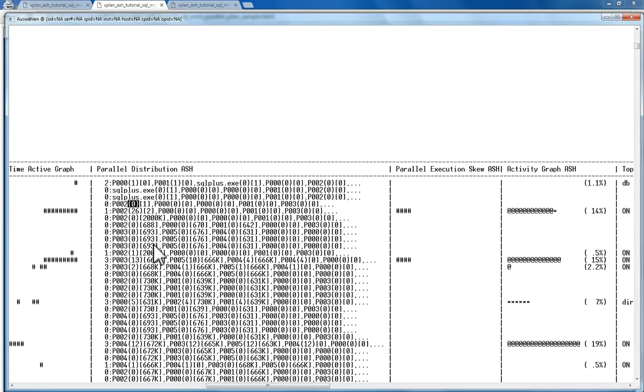Yeah, so that information, as I said, since this is based on active session history, this kind of information will always be shown. Again, this is usually quite helpful on its own, because it gives you an idea about the work distribution. So if you have a problem with the work distribution, then not only the row counts are revealing, but also the activity pattern that you get from the active session history samples. For example, here it is very obvious that this P002 was much more active for this execution plan line than any other